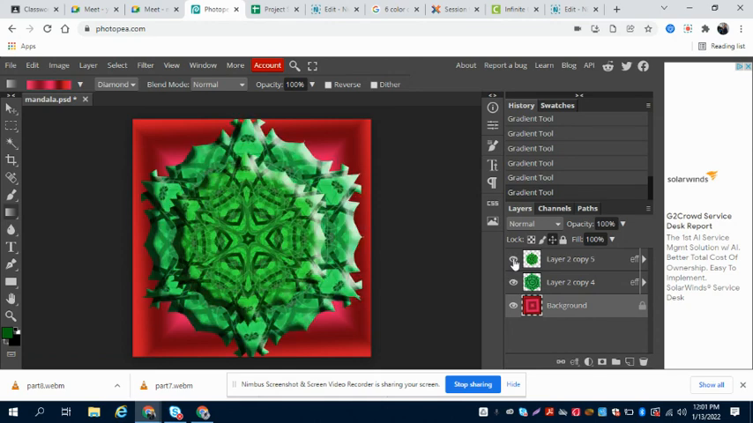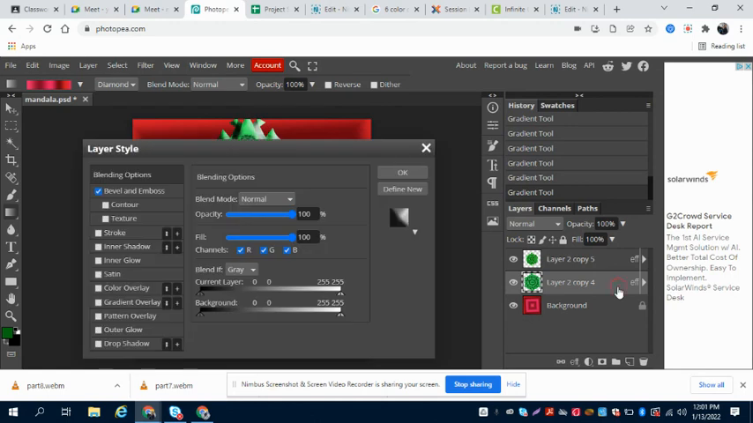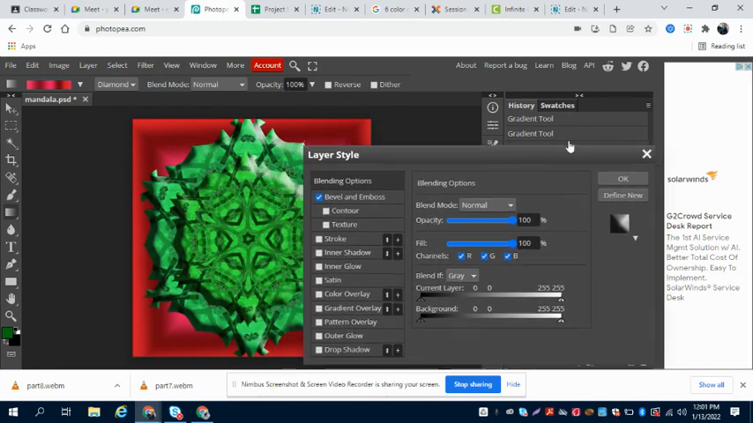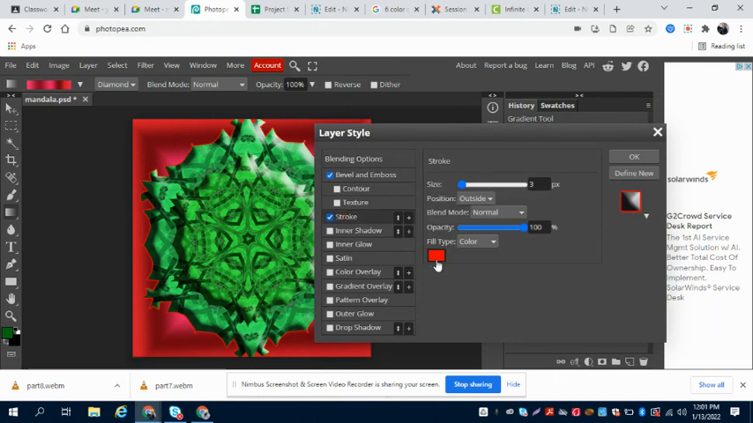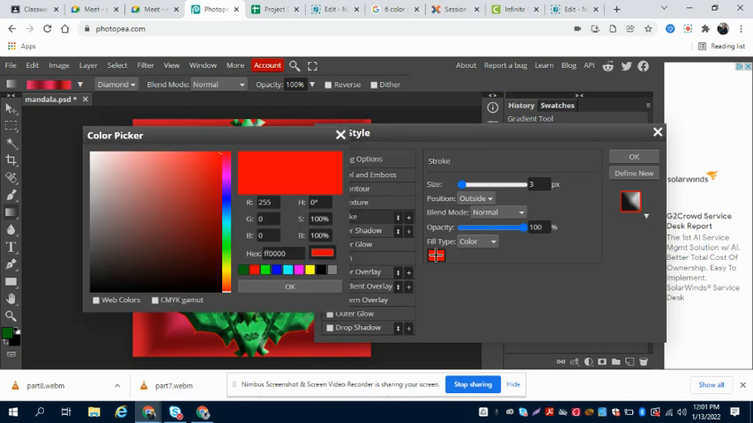But now, I think I'm going to do one more thing. I'm going to double click on layer copy 4, which is the bigger one. And I want a stroke of color around it. So I'm going to click on stroke. And currently, I'm going to click on the word stroke. Currently, it's just this kind of red. It's just like a bright,